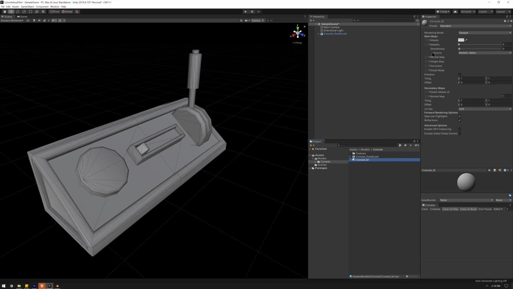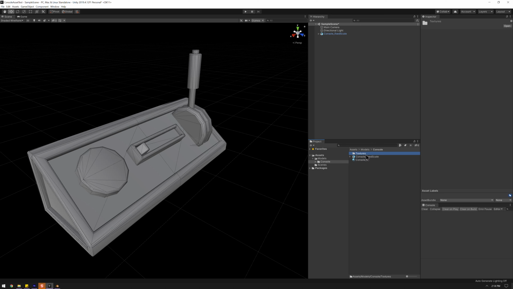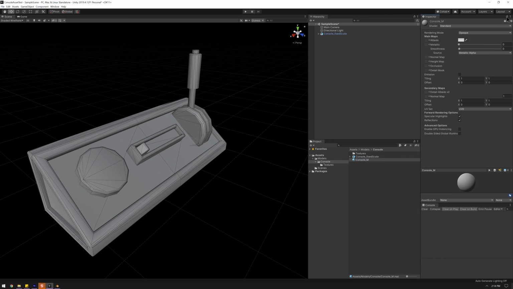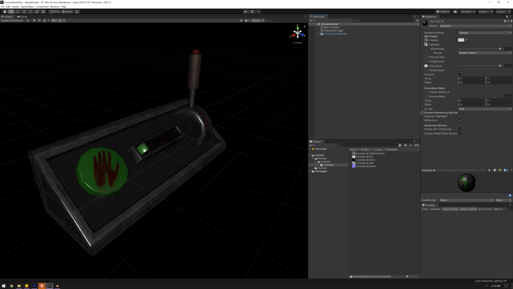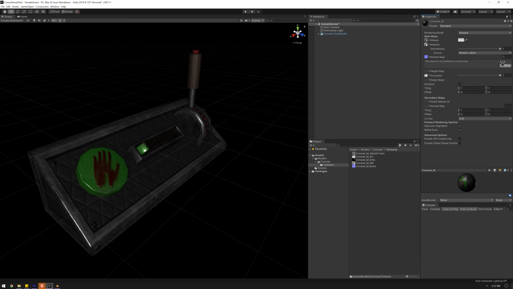I'm going to click on the material now, and we need to link up the different channels. So here I'm going to go under Textures, but you'll notice when I switch between these, because they're in different locations, I have this problem. One way to get around this problem is to select the object, click on the lock button at the top, and then go finding your textures. And then now we can click and drag, and we don't have to worry about things switching on the inspector side. Metallic smoothness, click on normal to normal map, hit Fix Now,